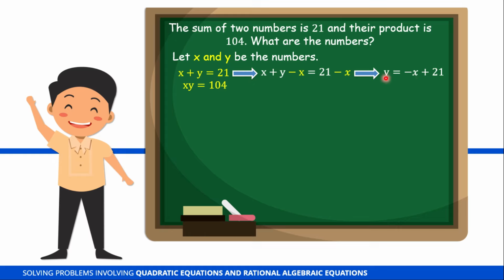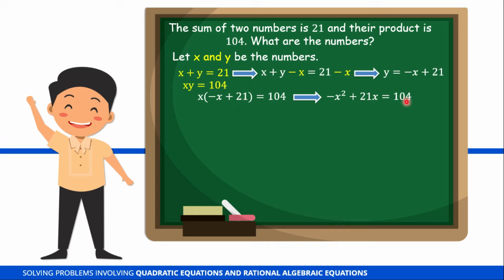Yung nakuha nating y, expression na negative x plus 21, ay ipapalit natin dito sa y na nasa pangalawang equation. Gawin natin yan. Kopyahin lang natin yung x. And then, imbis na y, papalitan natin ng negative x plus 21. Kasi nga, y is equal to negative x plus 21. Okay, so yung y, papalitan natin ng negative x plus 21 is equal to 104. Distribute natin yung x dito sa nasa loob. So, magiging x times negative x, we have negative x squared, and x times 21, we have 21x, is equal